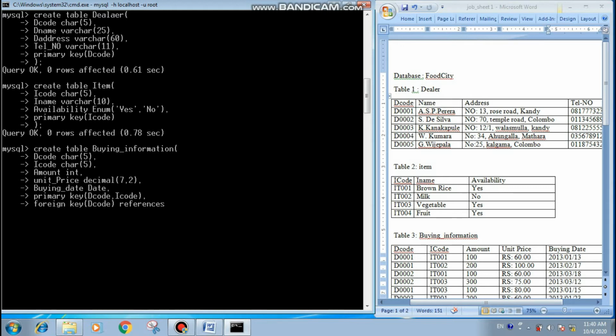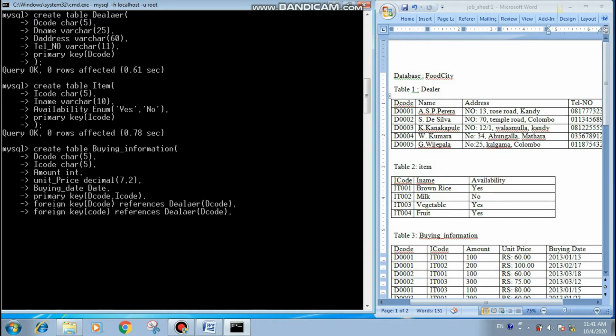After that, the references keyword. After that, the referring table and its field. We use a bracket to indicate the field. You can see here we made a connection with the dealer table via the decode field.